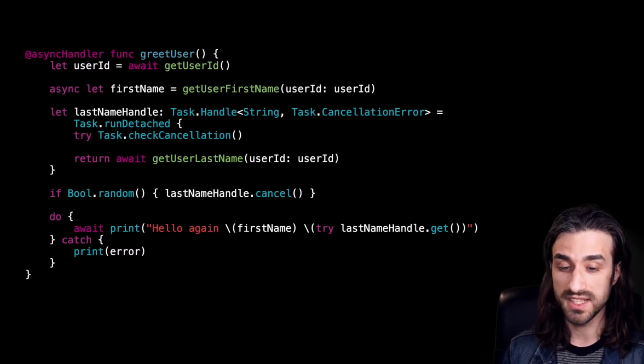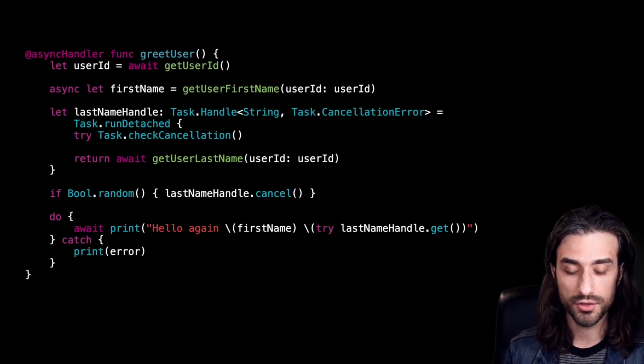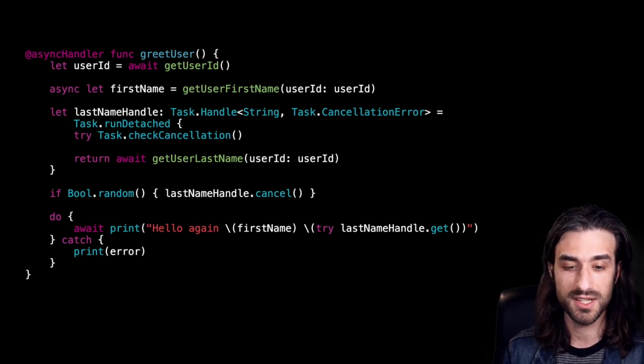So all this business of creating a task and executing it before, it was done implicitly using async let. Now we have implemented it by hand. But the nice thing is that by doing so, we also have a better idea of what's happening behind the scenes, and basically what is the magic behind using async let. So we are reaching the end of this talk. I hope that now you have a better idea of what async await is.